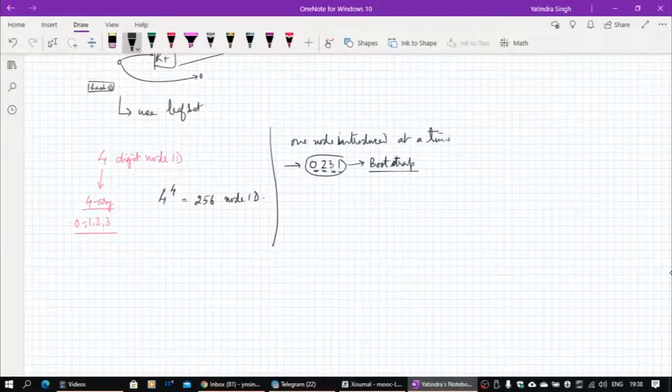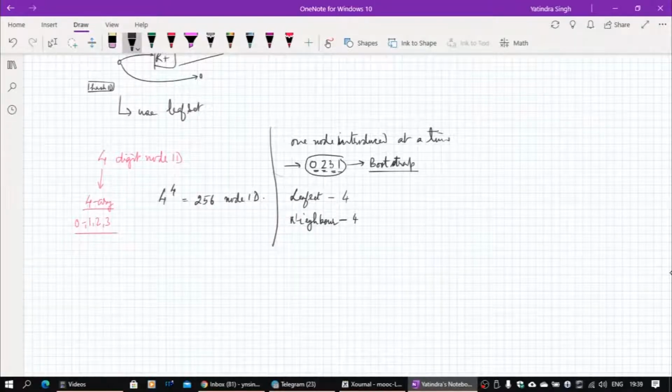Now we also have to define the leaf set size. The leaf set can technically be of any size greater than 2, and similarly we have to define the neighbor table, because we are going to use the proximity metric for more efficient routing. In our case, for this example, I am taking both of them to be 4. Normally it is the base value which you use for digits, or twice that, that is chosen.